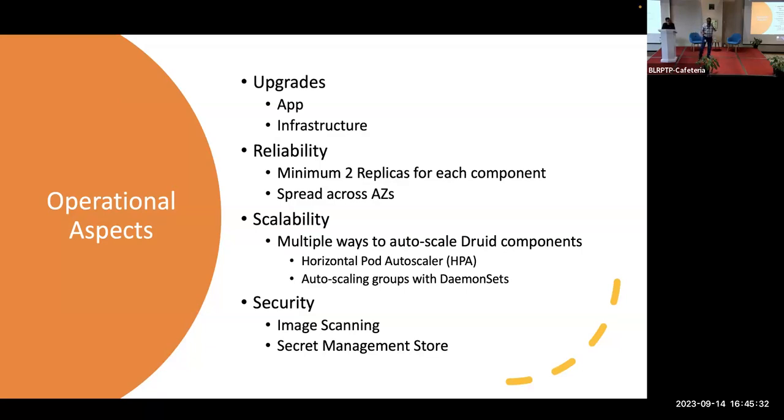The reason we use coordinator and overlord with 2 replicas is that if there is an application upgrade and one coordinator goes down, or one broker goes down, or one overlord goes down, another overlord will still be able to pick that task, or another broker will pick that query and serve it. Another part is the spread across the AZs.